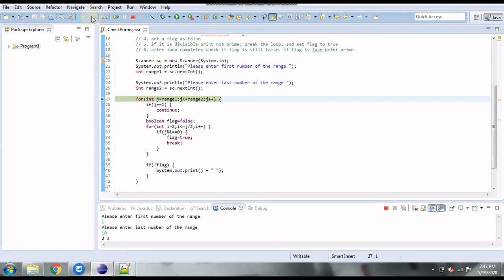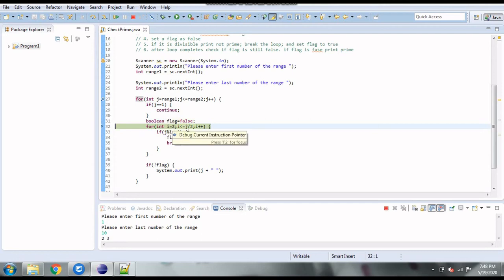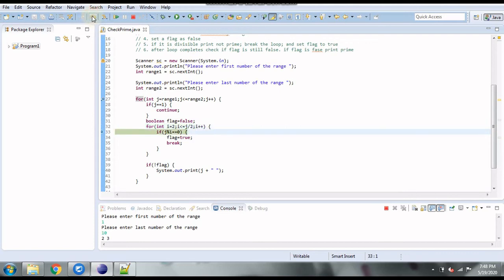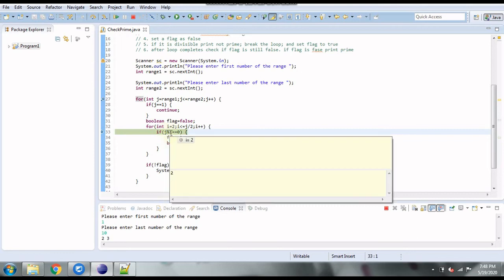For j equal to 4, the situation is going to be different. So it will start from I equal to 2, checking the divisibility. 4 divided by 2 is 2. So 2 and 2, it will go inside the loop once and check the divisibility. So j is 4, I is 2. 4 divided by 2 will give the remainder as 0.